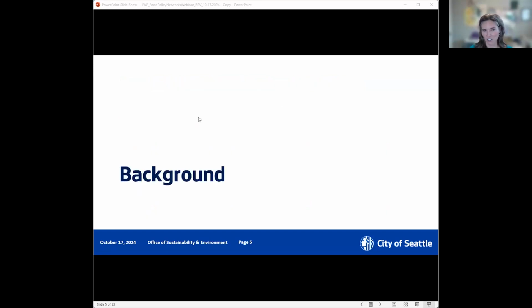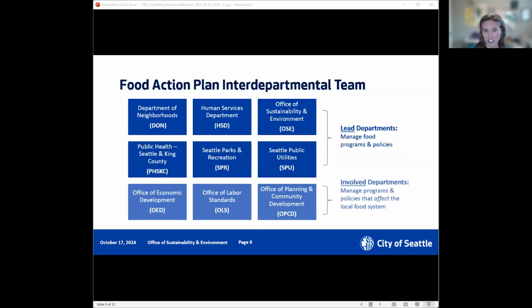Before I just go straight into some of the key features of our process, I did think it was important to give just a little bit of background information about City of Seattle's food policies and programs, because really this update process was building on decades of work and learning and investment from the city. So I'm just going to try to go through this fairly quickly. But I'll start by sharing that since